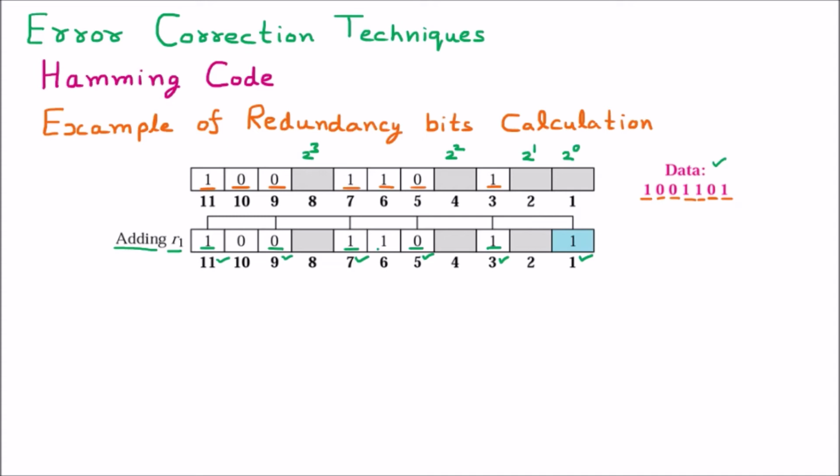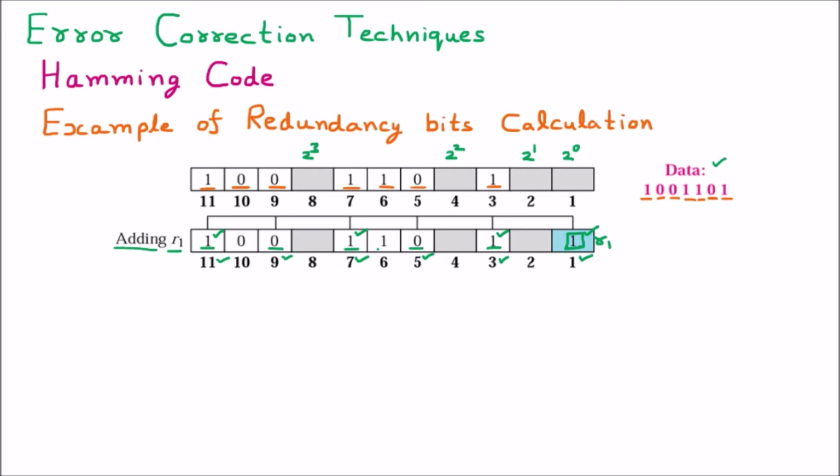So how many ones should I add so that it becomes even parity? There are 3 ones, that means 1, 2 and 3. That's why I'm adding one more 1. This is R1. So here in R1 I have added 1 and it will become even parity. Already 3 ones were present, and I have added one more 1 in R1. We know that this block is reserved for the redundancy bit. So we have calculated the first redundancy bit, which is 1, based upon the other values it is taking care of.